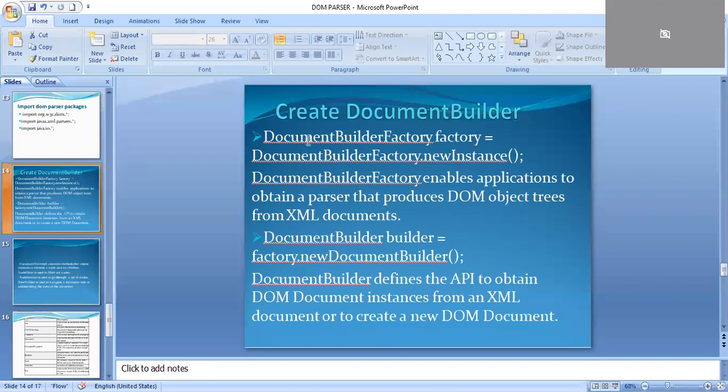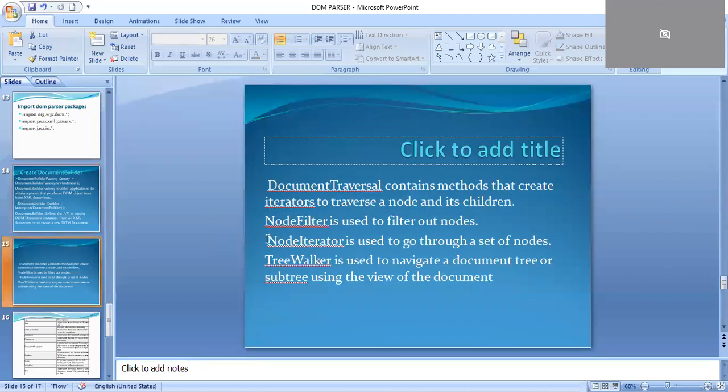So DocumentBuilderFactory and DocumentBuilder are both APIs. One is used to take the data from the XML document, and the other is used for parsing, taking the data and converting it into an object graph. This is what happens. Next,